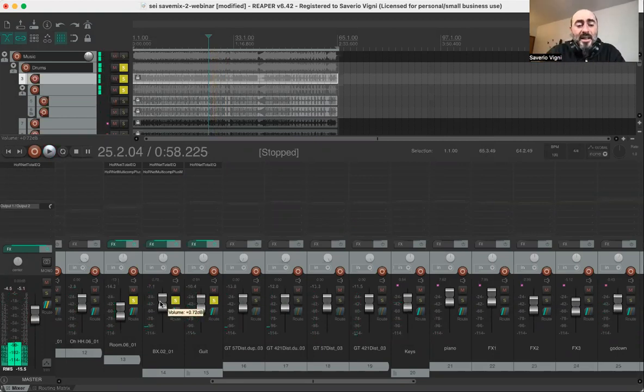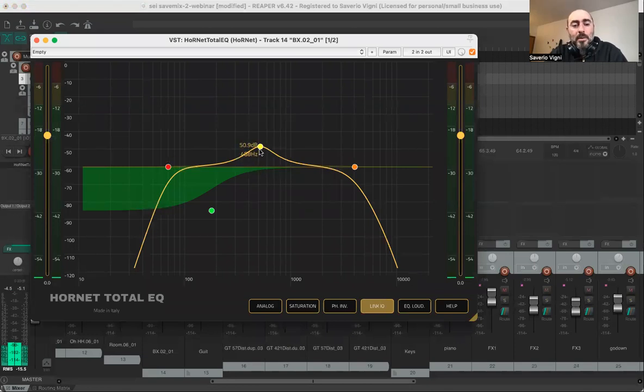You can hear, the fact is that this bass doesn't cut at all in the mix. So I will get back to the bass and try to make it stand out a little bit more, because like it is right now, it's just adding a boom, rumble in the low end, but not giving more power to the mix. So with the EQ,